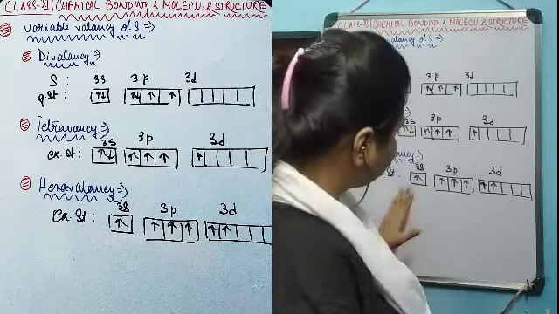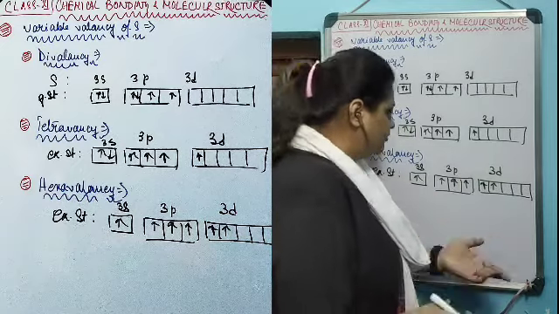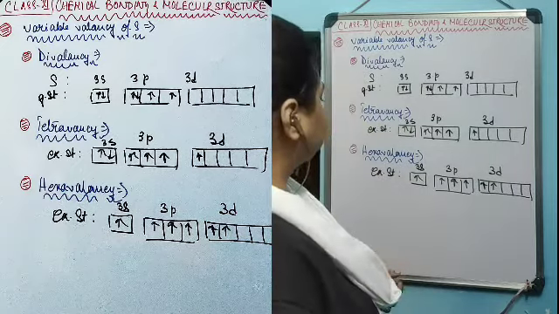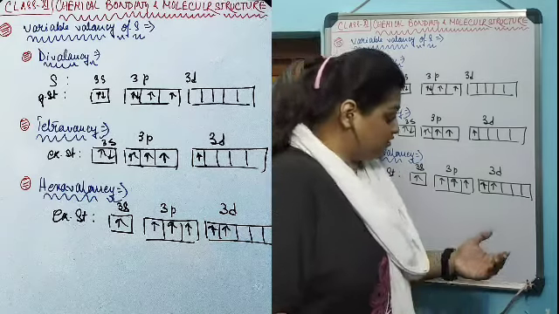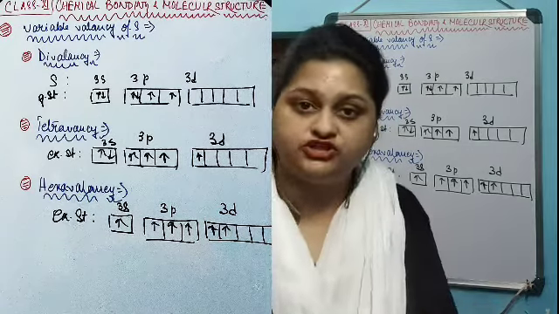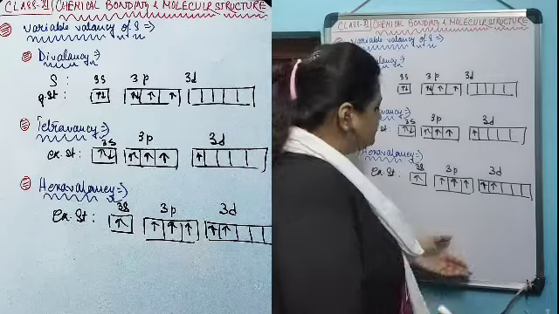In total 6 unpaired electrons are formed, and these 6 unpaired electrons then participate in the covalent bond formation, and as a result hexavalency can be shown